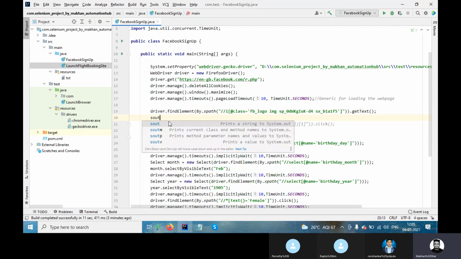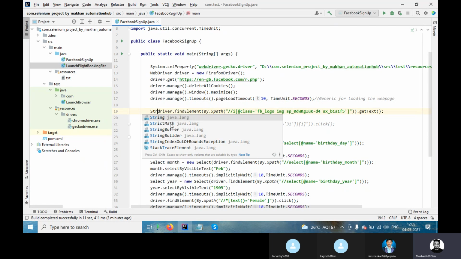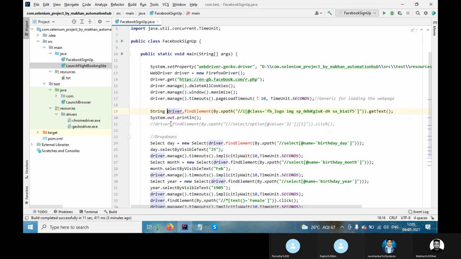So you have to say String validate page name. I'm just writing it for your understanding. Validate page name, but don't put any comma. And copy here because you want to print this, right?